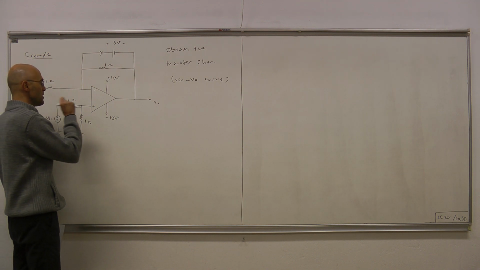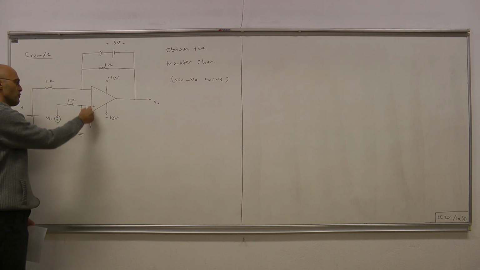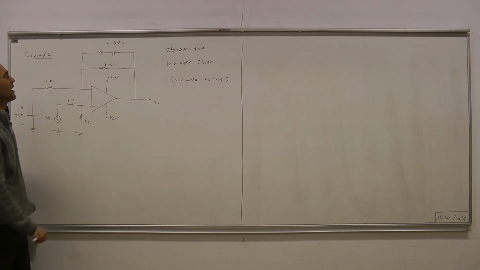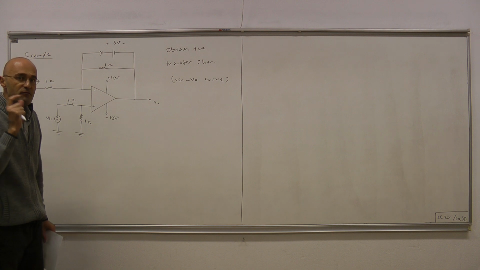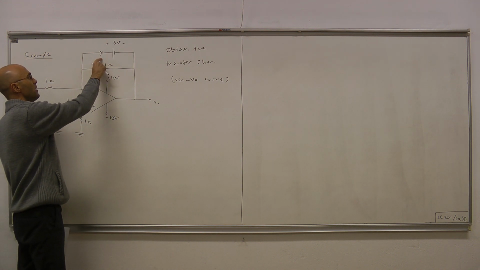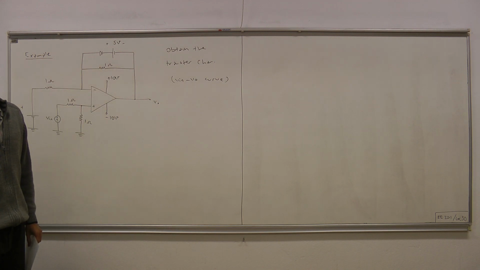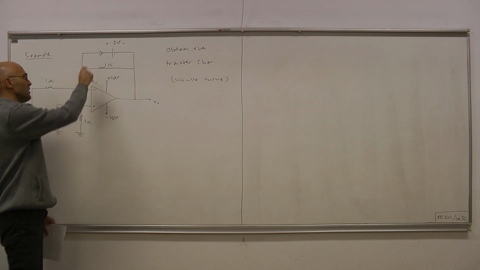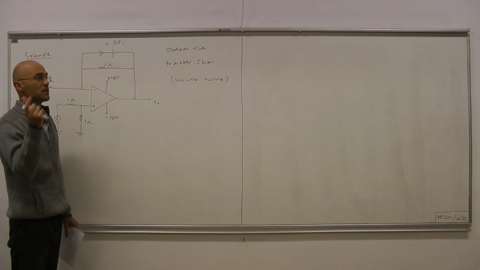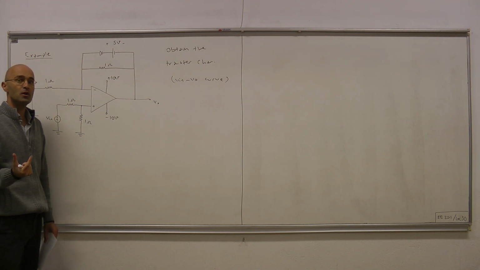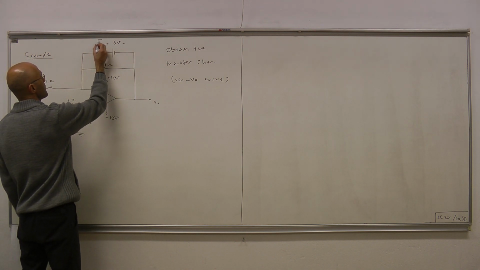For V plus it's quite straightforward, but for V minus we have to be a little bit careful, because the expression now will be defined in a piecewise fashion, depending on when this diode is on and when it is off, or when it behaves like a short circuit and when it behaves like an open circuit. Now the conditions for open circuits or short circuits we also have to express in terms of input and output voltages. So therefore the first step is